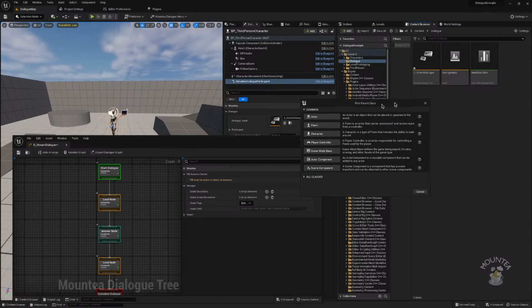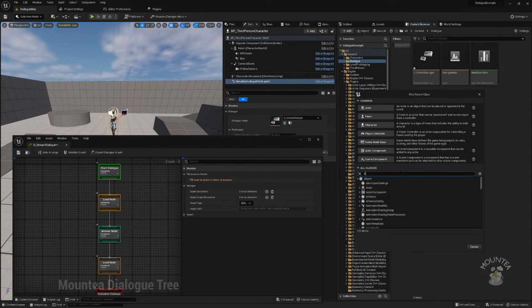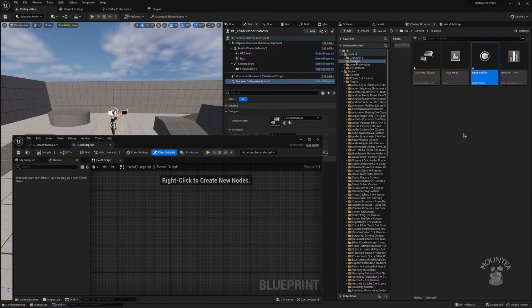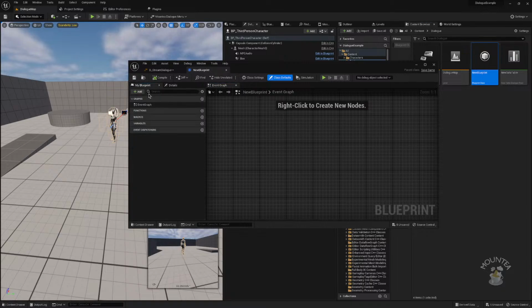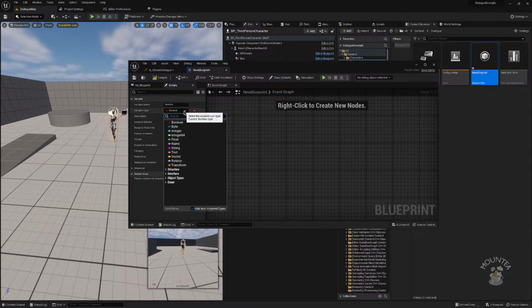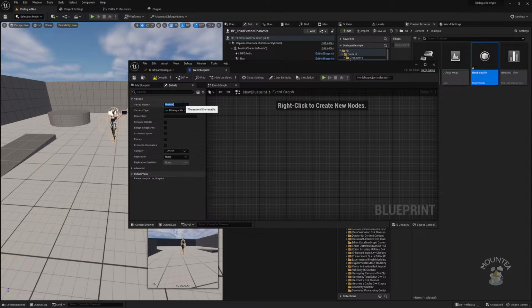You can add a new parent class, and it's called save game. And you create a new save game blueprint. This is the standard, most vanilla way to save a game. In here, in blueprint, you create a new variable, and you call it manager state, and you say, hey, saved manager state,